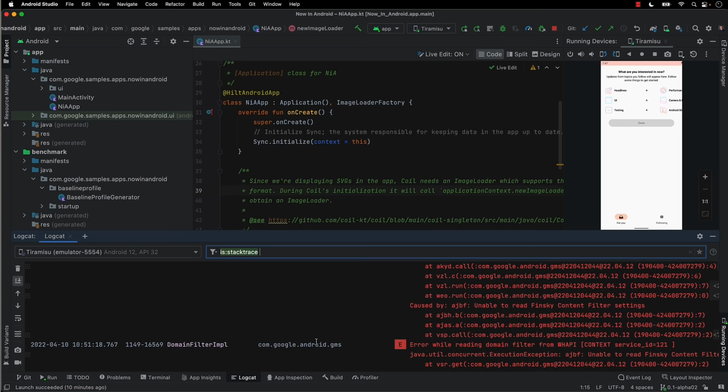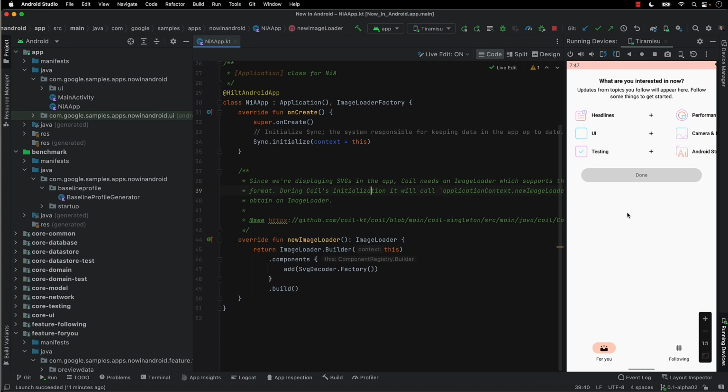Another core area we're improving is device management. So we introduced the embedded emulator last year. And the next thing we're doing with this is allowing you to embed physical devices as well and control them from within the same window in Studio. So now I'm going to plug in my physical phone here.